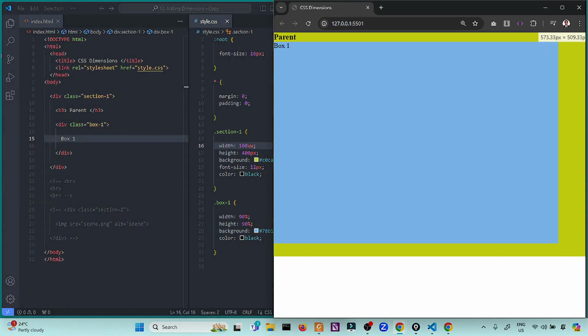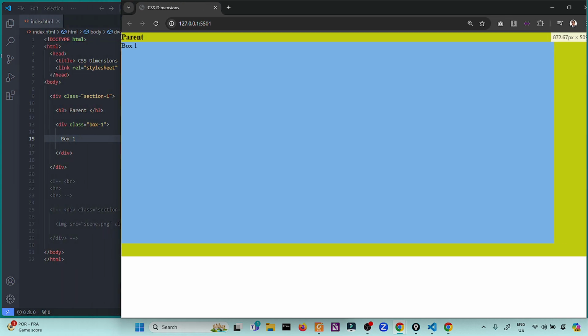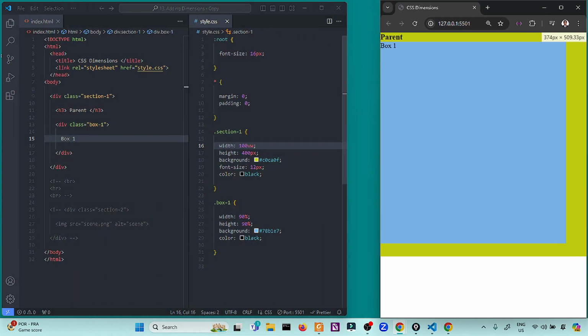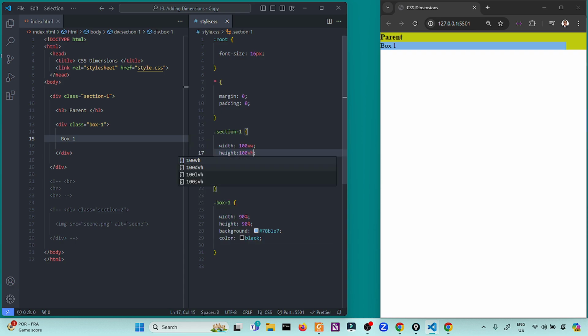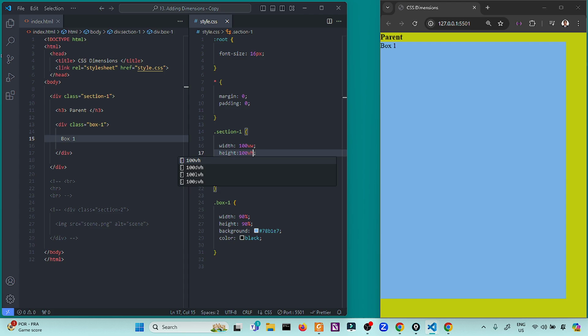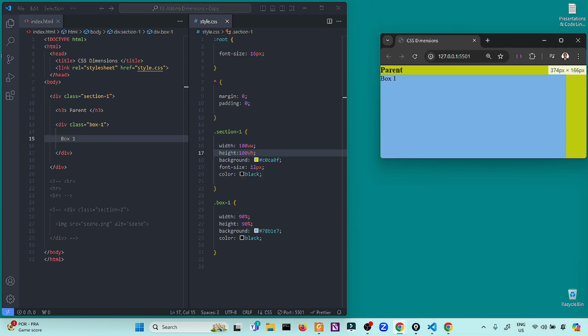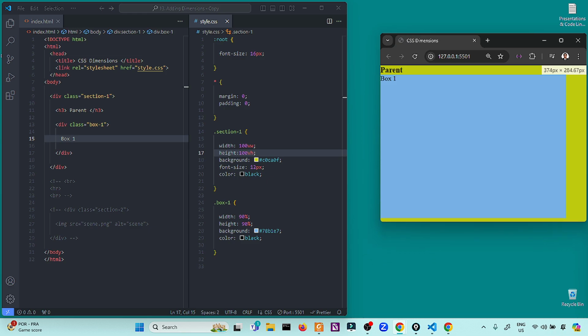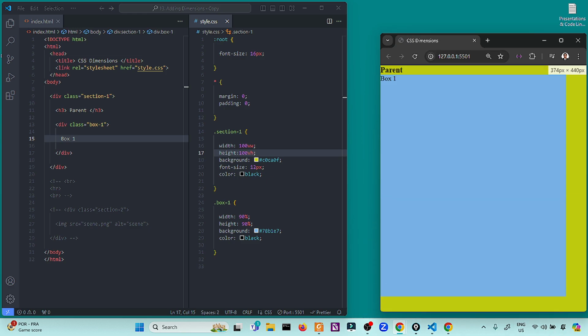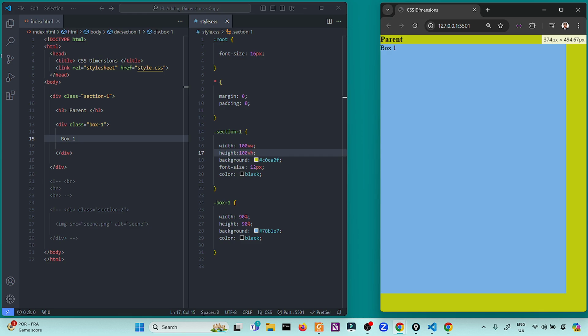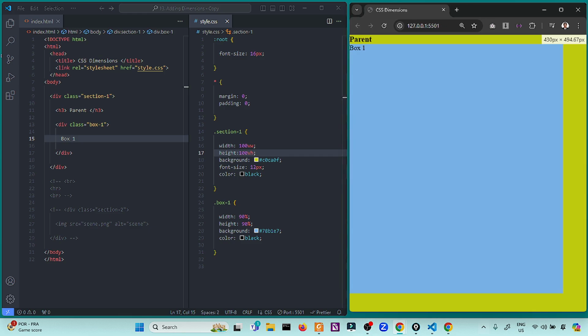As you can see, if I adjust the screen, the size of the parent adapts. Same thing, if I have 100 VH for the view height, the height also adjusts. This is perfect for creating responsive web design that adapts to any screen size. So let me fix this first.